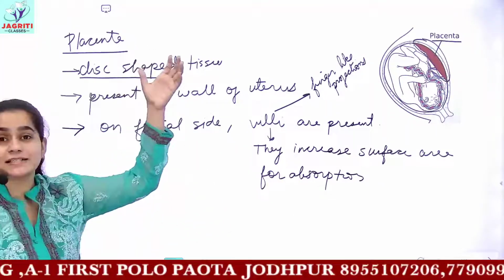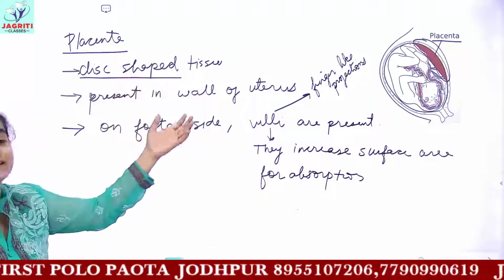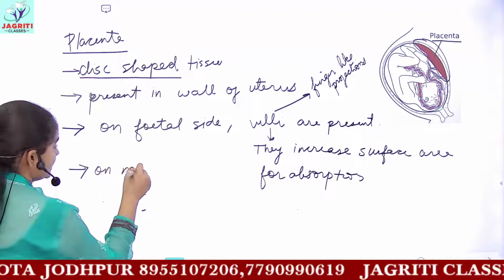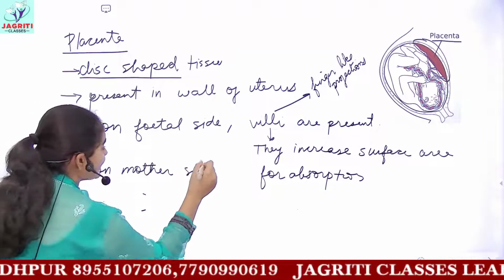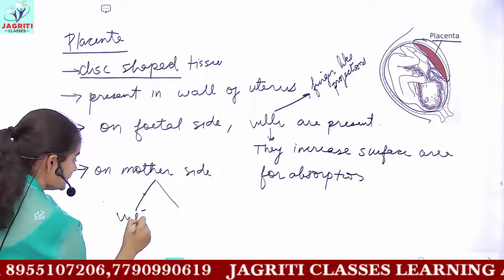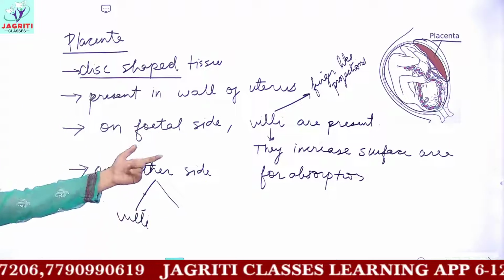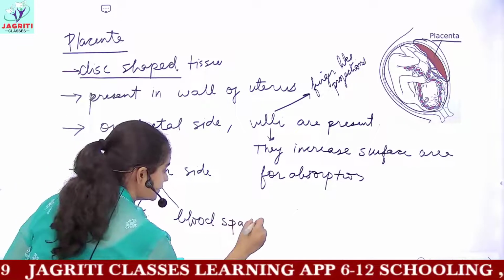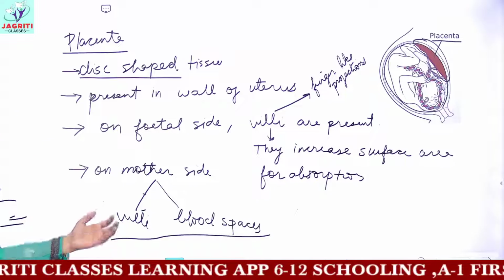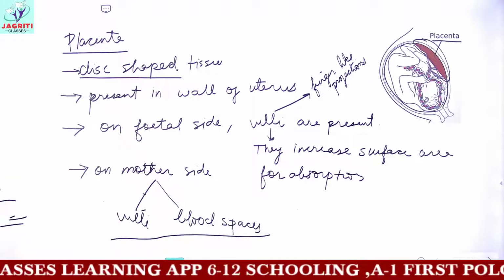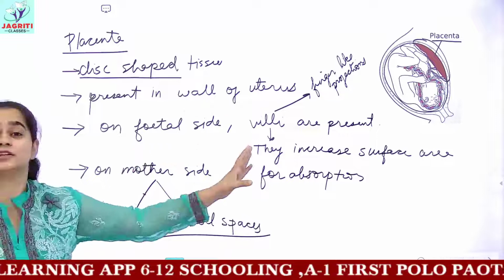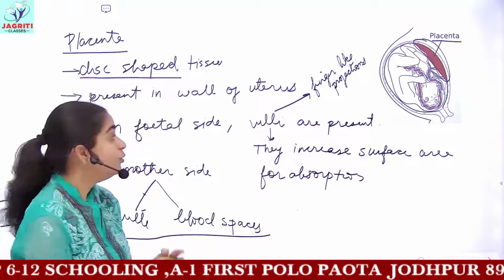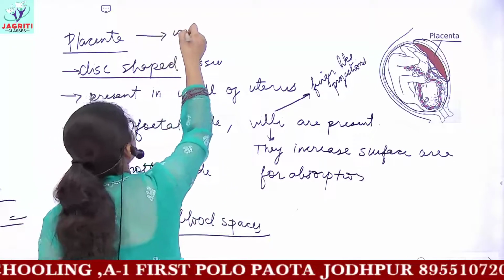The placenta, which is a disc-shaped tissue, on the fetal side contains numerous villi, and on the mother side this placenta contains two things. It contains numerous villi as in the case of fetus, but it also contains some blood spaces, and the function is these villi and blood spaces help to provide nourishment to the growing fetus or to the developing embryo here. So this placenta is in turn a disc-shaped tissue which is present as a connecting link.